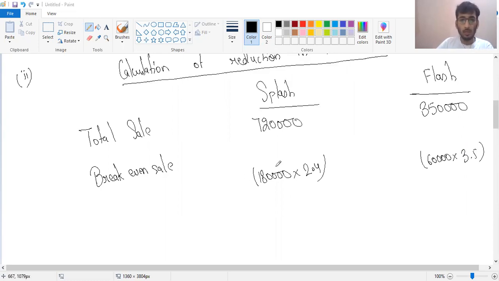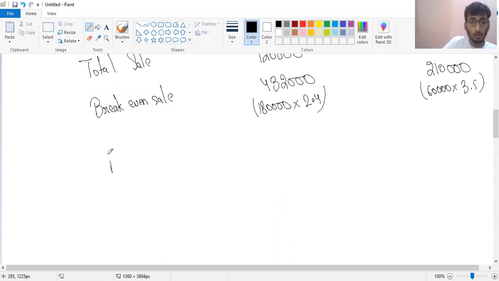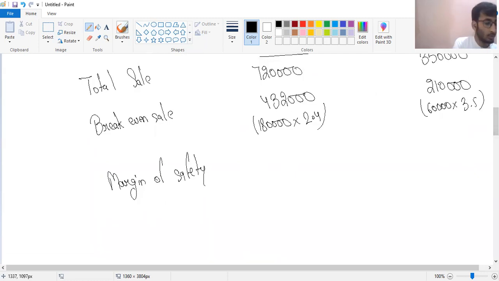So it is 1,80,000 multiplied by 2.4 would be 4,32,000. Correct. And 60,000, 63,210. Okay. So this is the margin of safety. I hope you guys know what is margin of safety. We have already read this. Margin of safety. What is margin of safety? Minus 7,20,000. It is 2,88,000